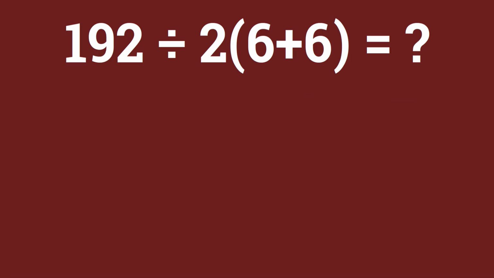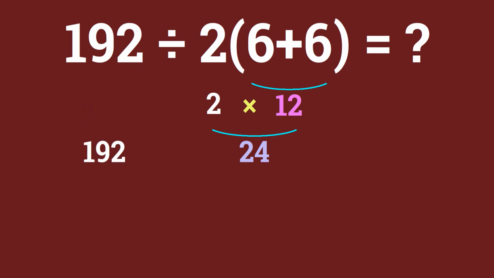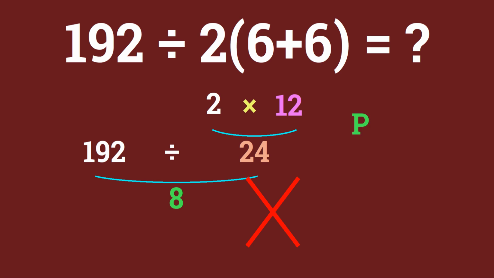6 plus 6 gives us 12, and 2 times 12 gives us 24. So 192 divided by 24 is just 8. But this answer is not correct, because according to the order of operations, first we have to do parentheses, then